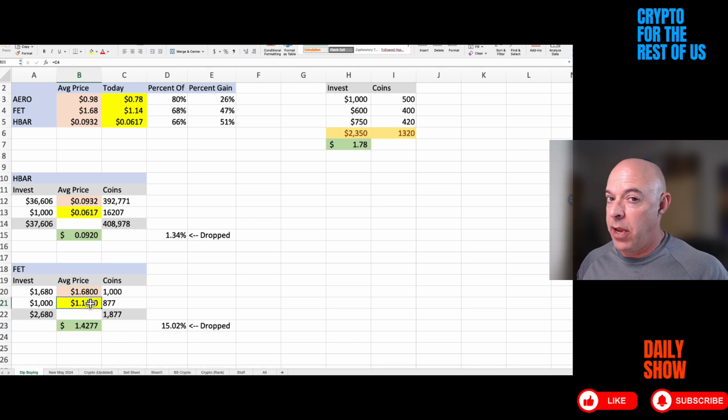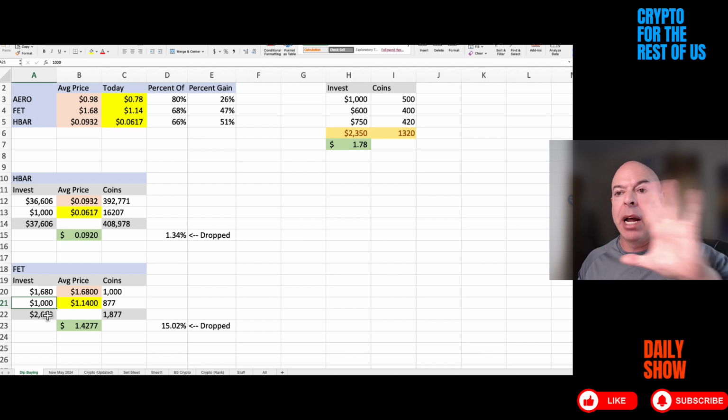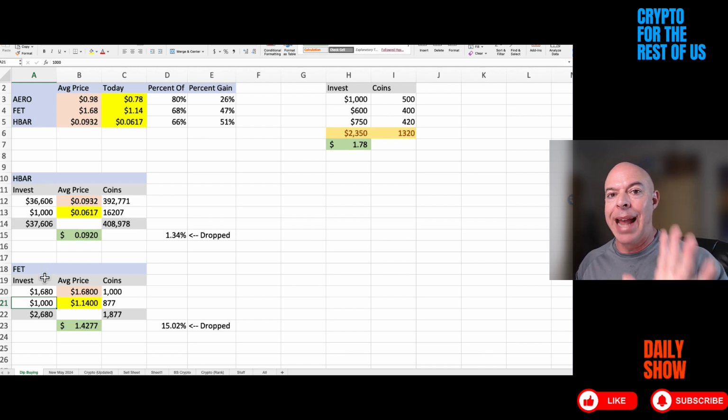Currently it's $1.14. So if I put in a grand, because this is opportunity cost, I only have 1,000. So I can't put 1,000 here and 1,000 here. I've got to put it in one of these. Where do I want to put it at risk? And where do I think I'm going to get my best gain? Now, I'm not talking about whether I think this project's better than this project. I'm saying apples to apples. I don't know where either are going to go, but here's where I'm going to put my 1,000 potentially.